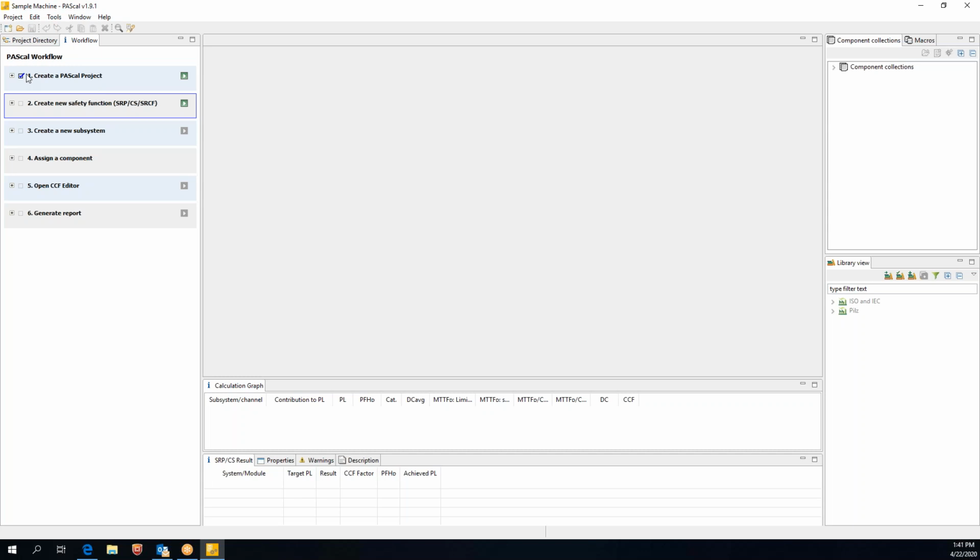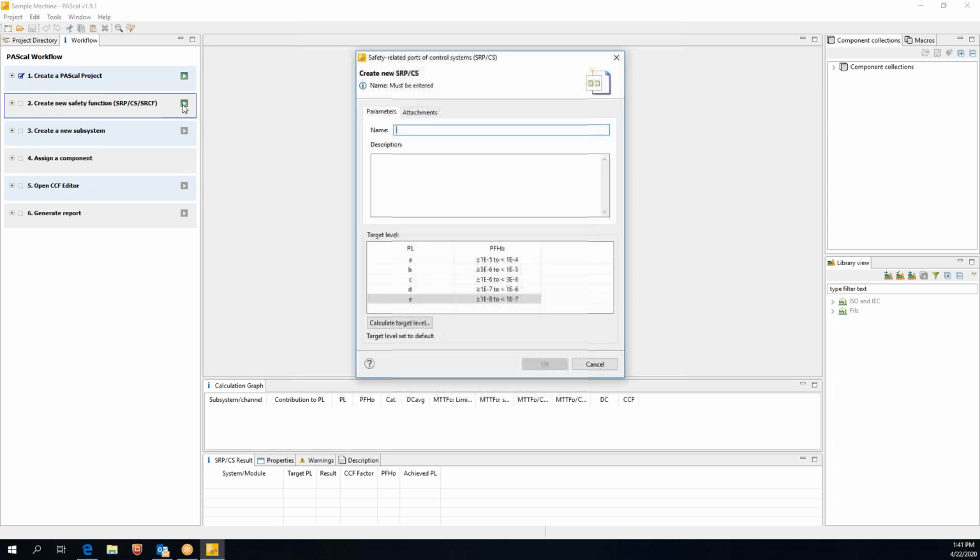For my project, I'm going to have 2 safety functions on this machine. So let's create our first one by hitting the green arrow over here to the side, and it's going to bring up another box that asks to create a safety function. We're going to call this one SF1, safety function 1. In the description, I want to describe what that safety function is doing. In my case, I'm going to put, if door opens, drive stops. That way, whenever I go back and review this project, I know what my safety function was intended to do.